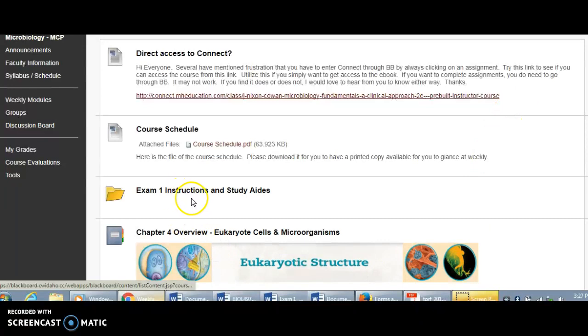Alright, then here you have Exam 1 instructions and study aids. I have started adding material to this a little bit. Your Exam 1 will be next week, and it will run from Monday through Friday in one of the testing centers. And I am working on getting that material together. I did not realize I had to have the exam ready and sent with the request form.